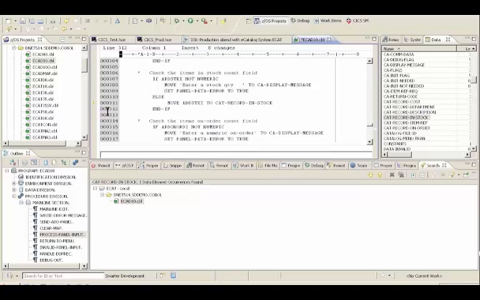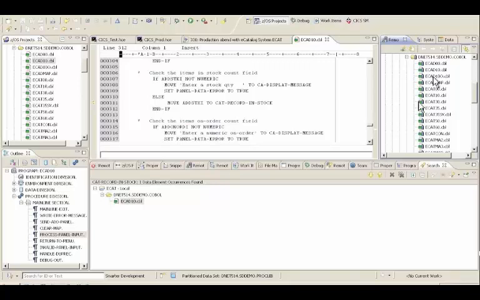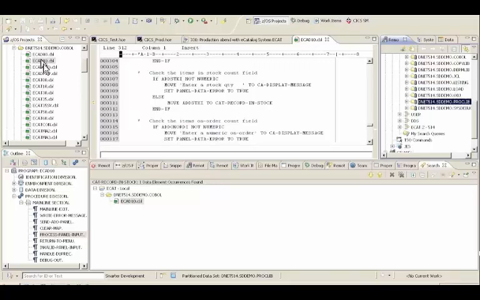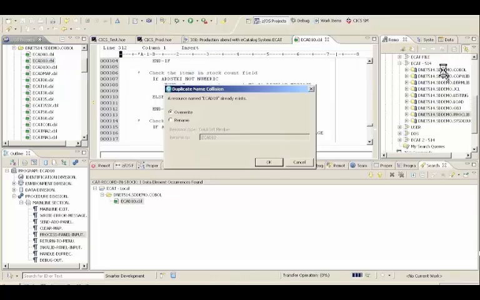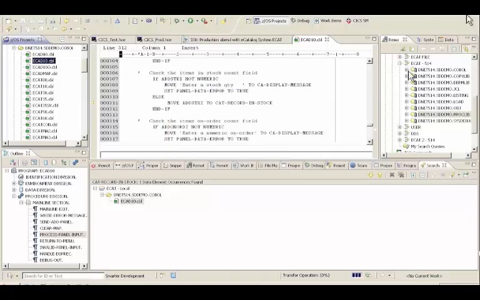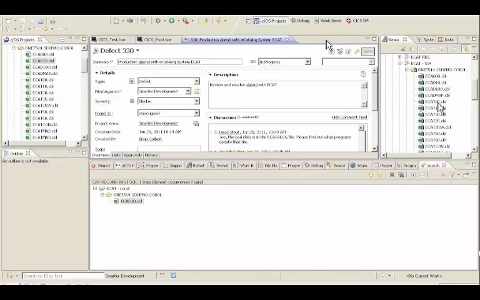So I saved this member. Now I'm working locally. Now I'm going to deploy this to a test region, and so one of the things I want to do is go back to my PDS member here on our system in Dallas, and I'm just going to drag and drop this updated module that I updated locally. I'm going to copy that and overwrite what's in my personal PDS for this application, and now I have it on the system Z. Now with RDZ, one of the other things I can do is generate JCL for compilation